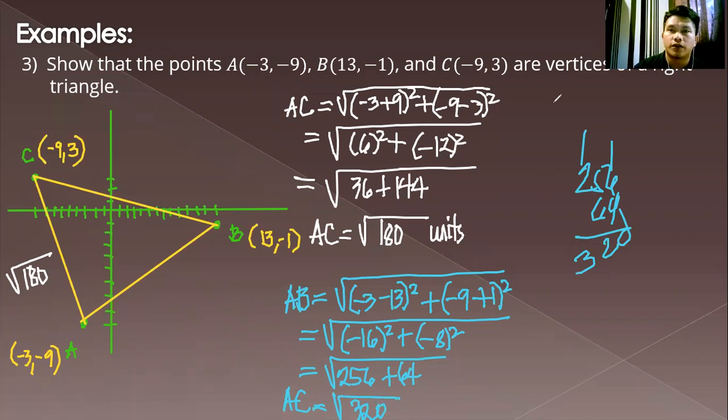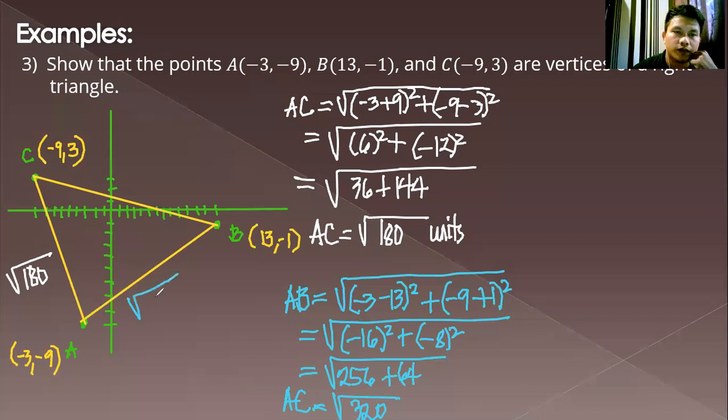Okay, square root of 320. That is for our AB. Okay, now let us have segment BC. Kunin naman natin yung distance ni BC. Okay, so BC is equal to the square root of,